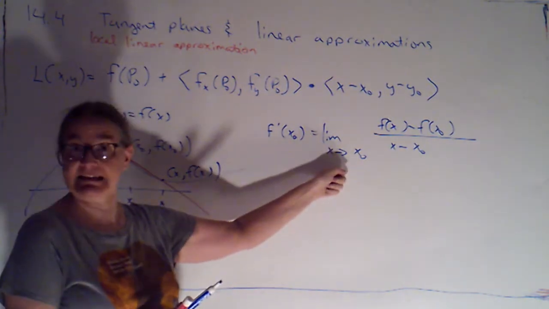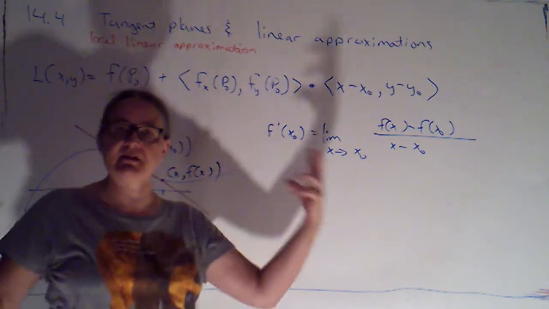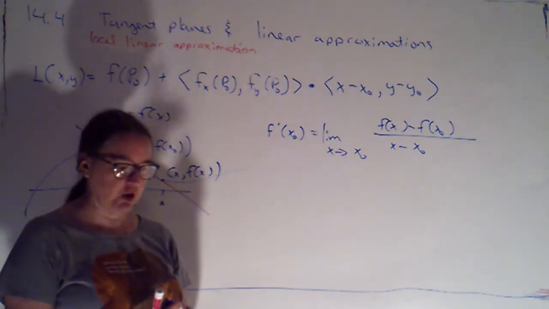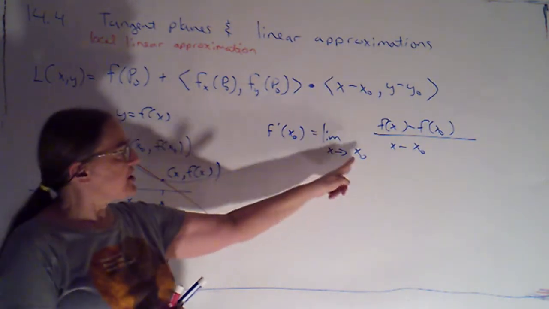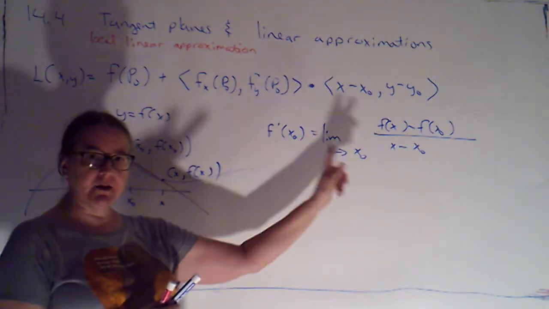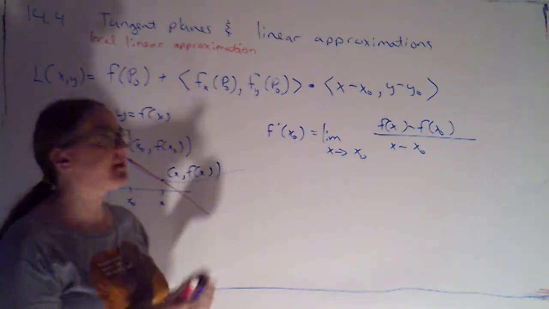If this limit exists and gives me a finite number, then that's the slope of the tangent line. The tangent line exists, my function is differentiable. It has a good linear approximation that we call the tangent line. I'm going to just manipulate this a little bit to see if we can't get a slightly different way of